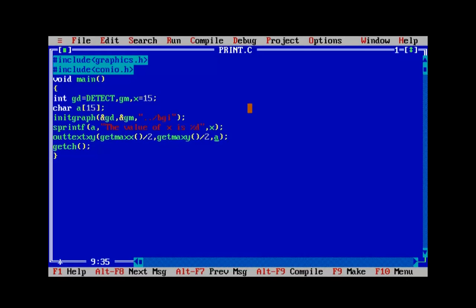So that is how we can print the value of a variable to the graphics window. I hope that you understood almost everything about the sprintf function, as well as how to print the value of a variable to the graphics window. And that's all for this video. And as usual,